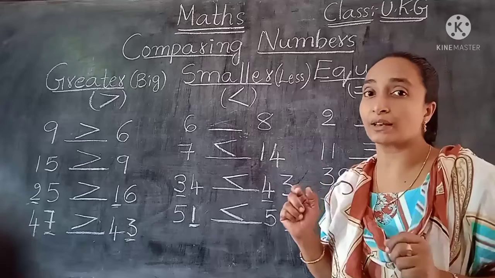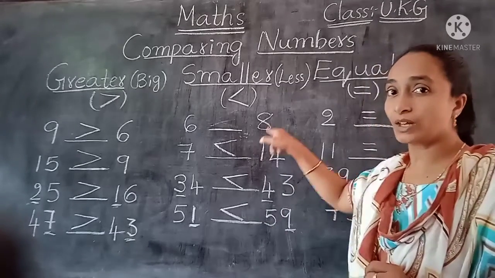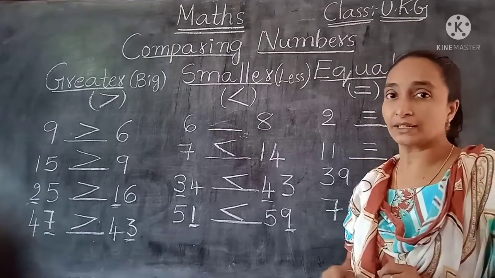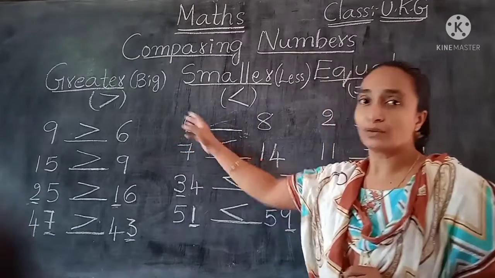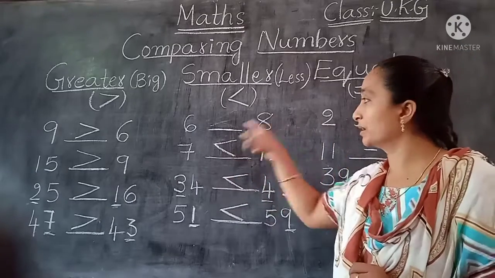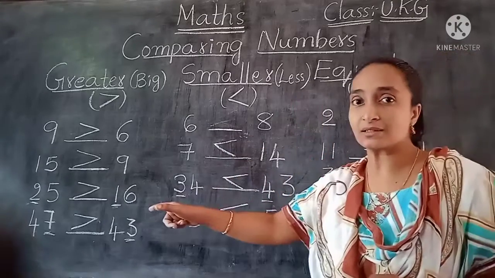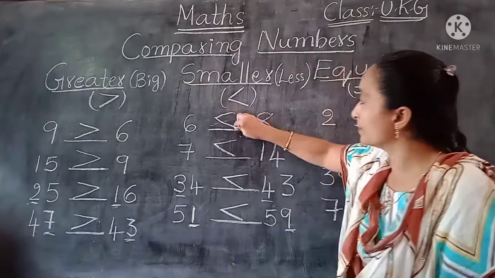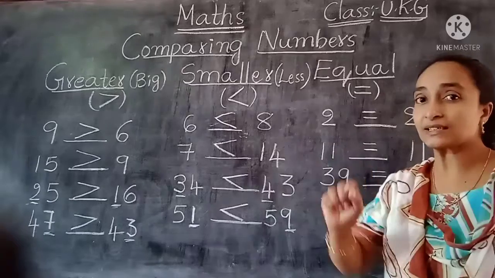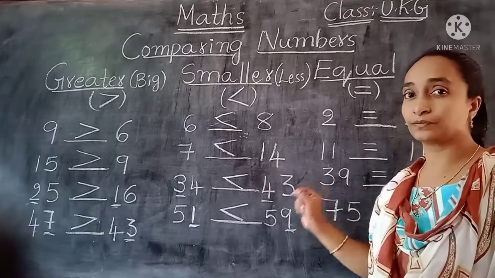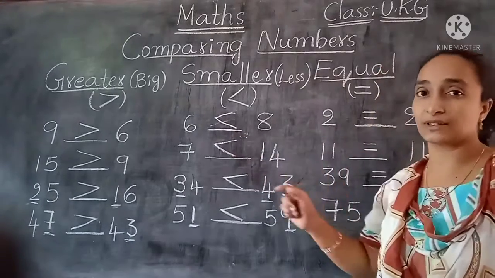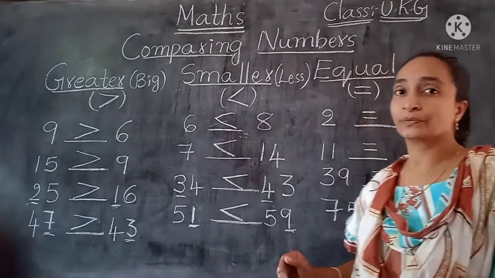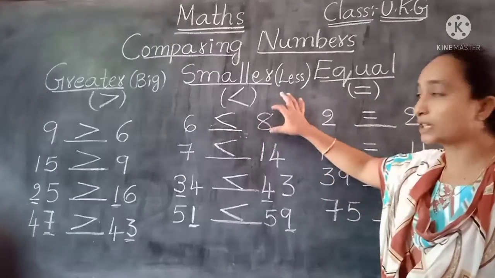So which is the big number? The big number is this side. So obviously, where this side has the big number, this will be the small number. Isn't it? If this side were the big number, we could write the greater than symbol. But now the big number is this side and that is the small one. So how could we keep the symbol now? We will say 6 is less than 8. Now we are showing 6 is less than 8. Obviously, yes, of course 6 is less than 8. 8 is the big number and 6 is the small number. So the crocodile will open this side, where we have the big number.